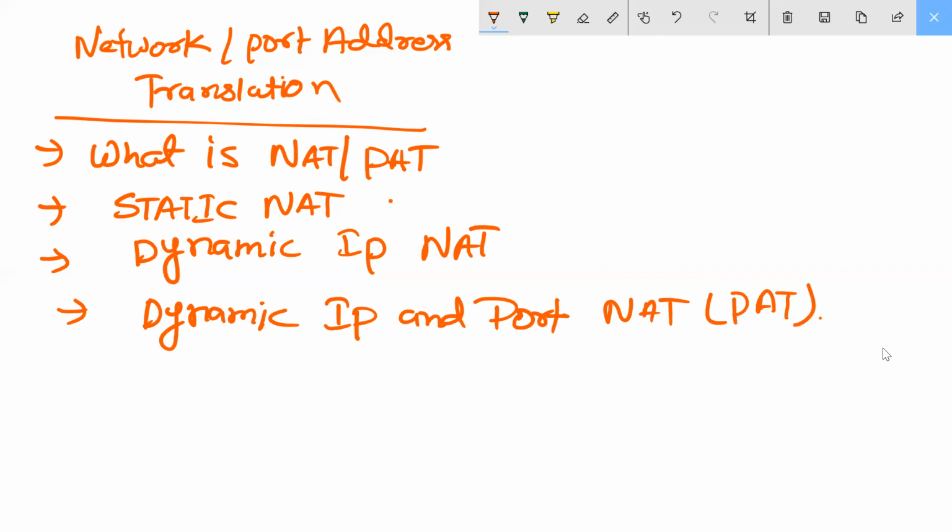Static NAT we have here is 1 to 1. Here we will use the pool. So I'm coming to points here.